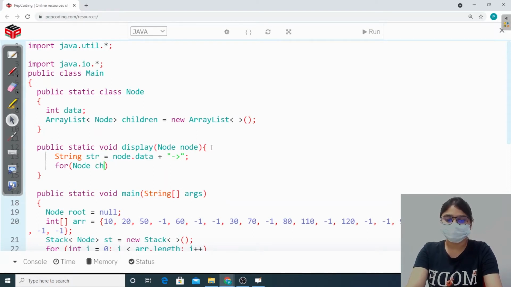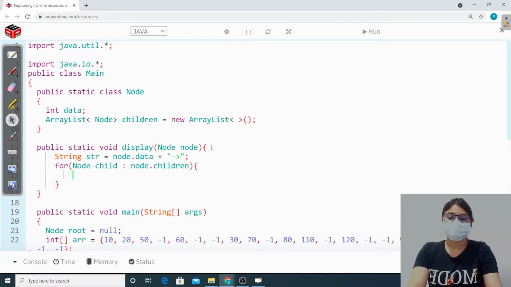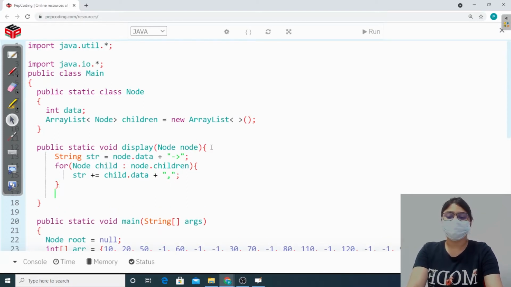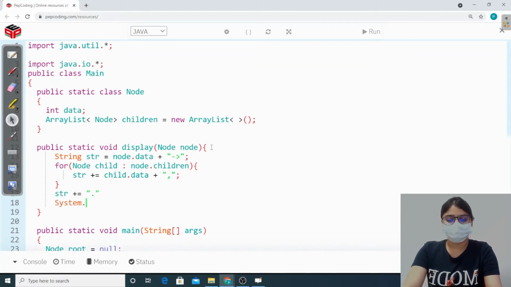Node child, node dot children. Okay, so now what we'll do is, we'll just add in the string child dot data and a comma. Now out of this for loop, we'll just add in the string a full stop and we'll just print this string,